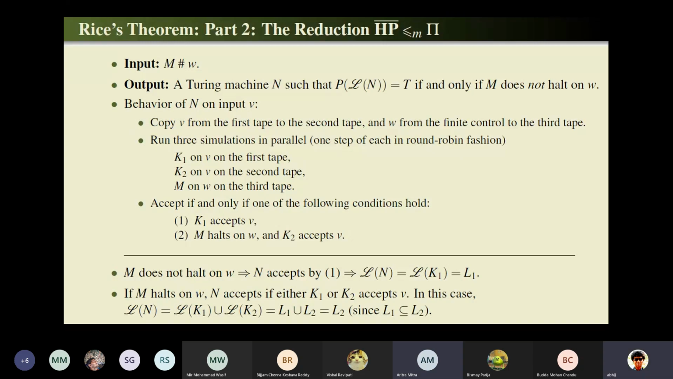Sir, instead of doing these in parallel, can we just first run K1 on V? And if it accepts, then it is accepted. Else, if it halts, we run M on W, and then we run K2 on V. There is a problem. If you want the first simulation of K1 on V to finish and then go to the other simulations, the problem is that the language of